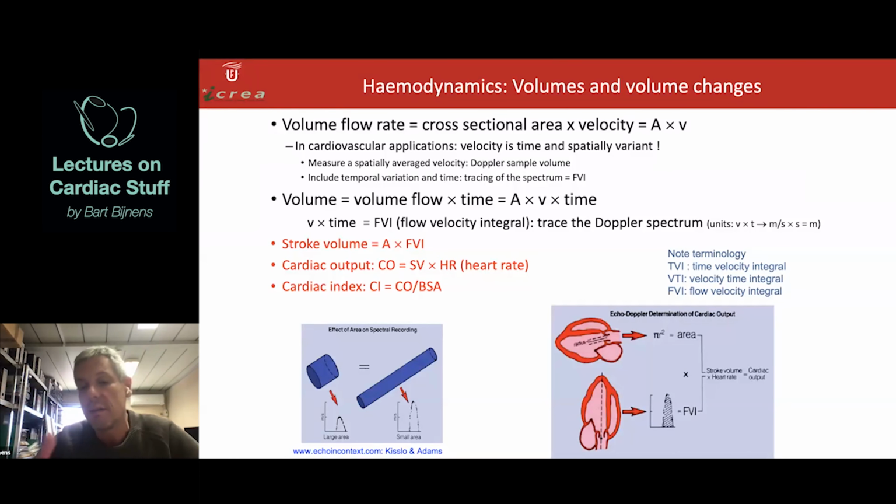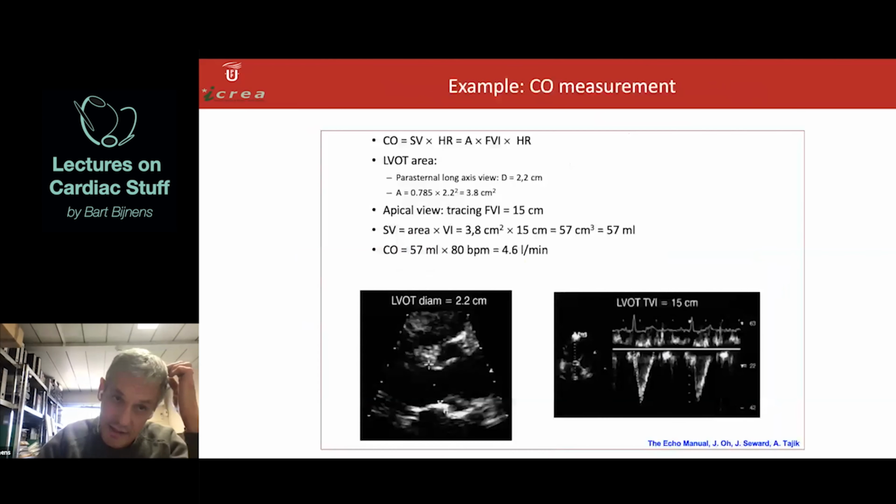Not particularly, but it is what we have. And that's why it's more or less standardized. So here is an example. What we do is we take an image of the aortic valve. In this case, that's a parasternal long axis view, where we can measure the diameter of the aortic outflow